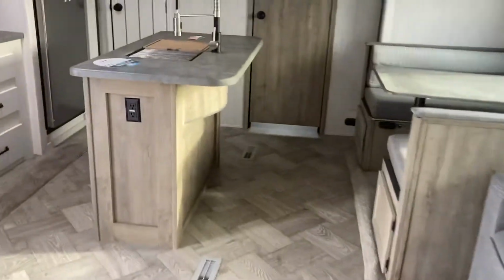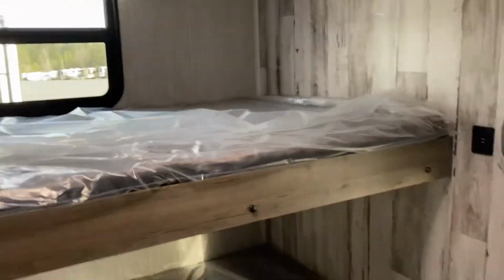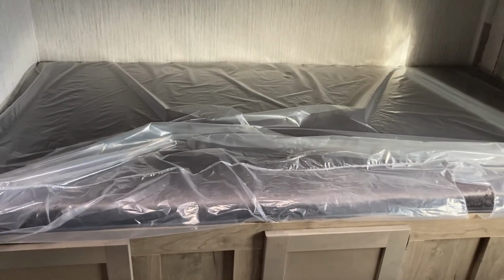So we'll head back to the rear of the trailer now. The star of the show is that it's actually 3 bunks and a pull-out trifold couch. So one of the bunks is folded up. You've got the trifold couch here as well, and over here you've got nice, I'd say those are full single-size bunks, so you're not your average small bunk. You've got enough room there for a teenager to grow, get a little bit more size in there if you